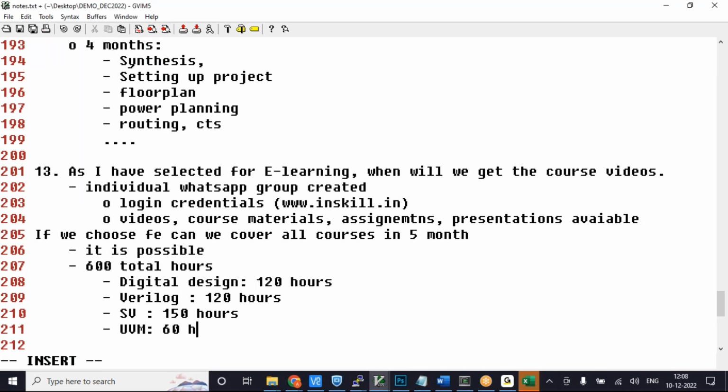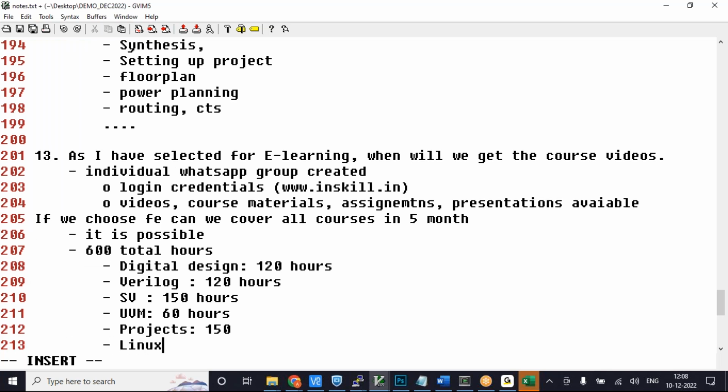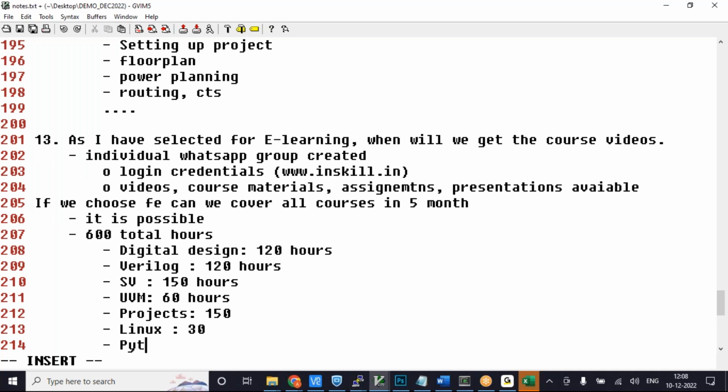UVM can be finished in 60 hours. What else is there? All projects can be done in 150 hours. Linux can be learned in 30 hours. Python scripting can be done in another 30 hours. You add up, roughly how much does it come to? 240, 390, 450, 600, 660. So that will be 660. If you start from very fundamentals where you don't know anything, but if you're already good with digital design, this time won't be so much, right? Now, how does this 660 hours translate into